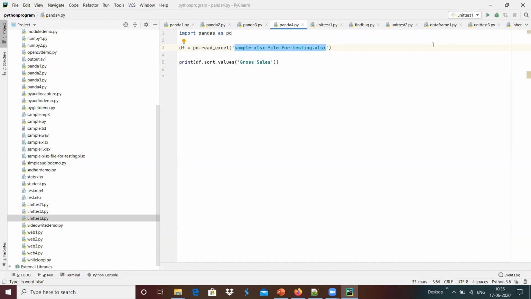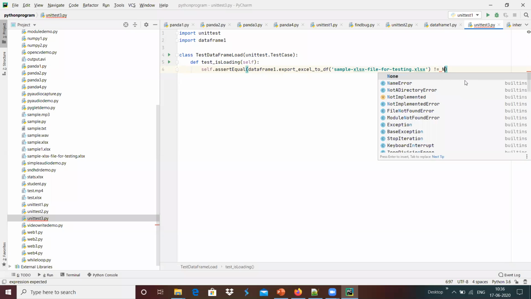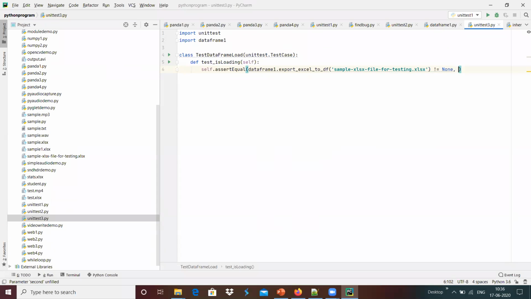We can do that with the help of unit test 3 over here, and the function output should be not equal to none, and it should be true.